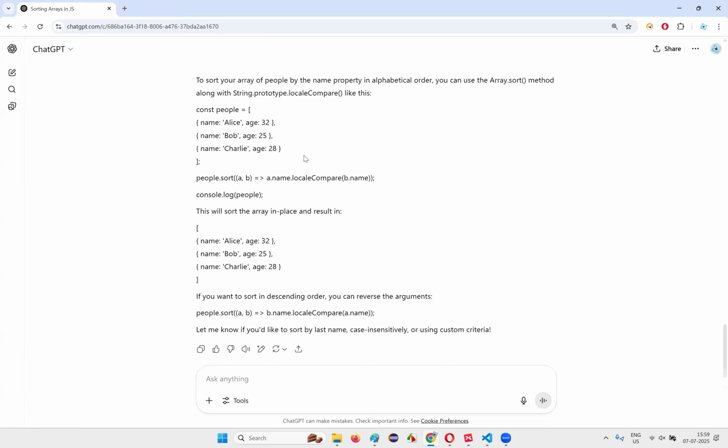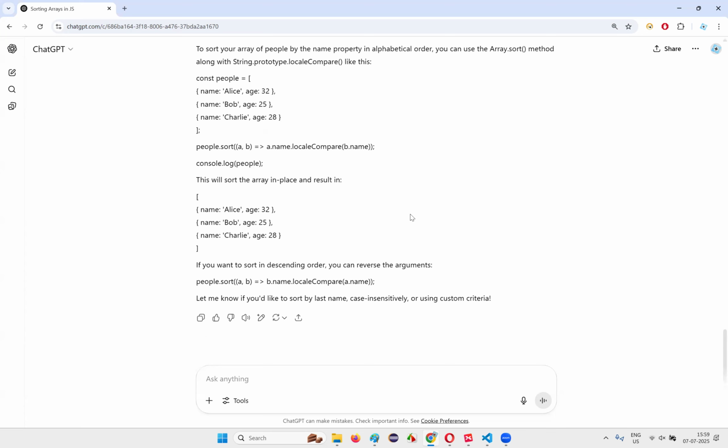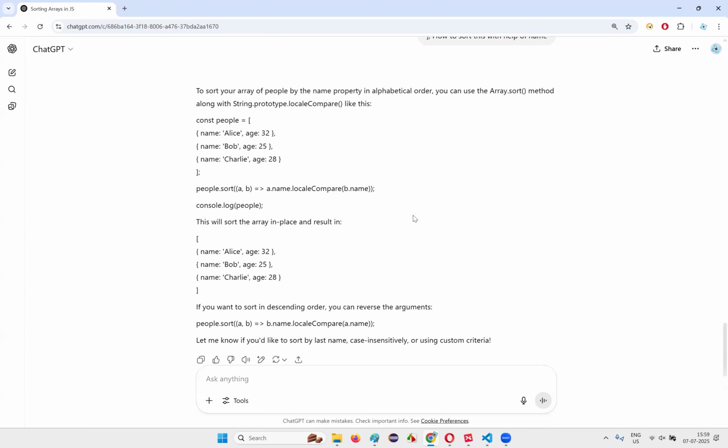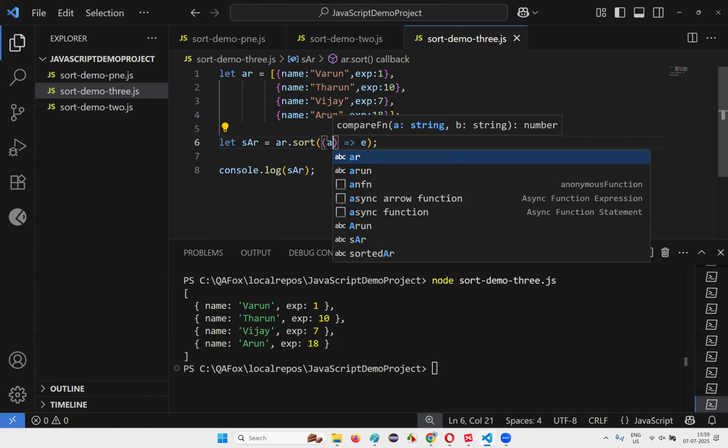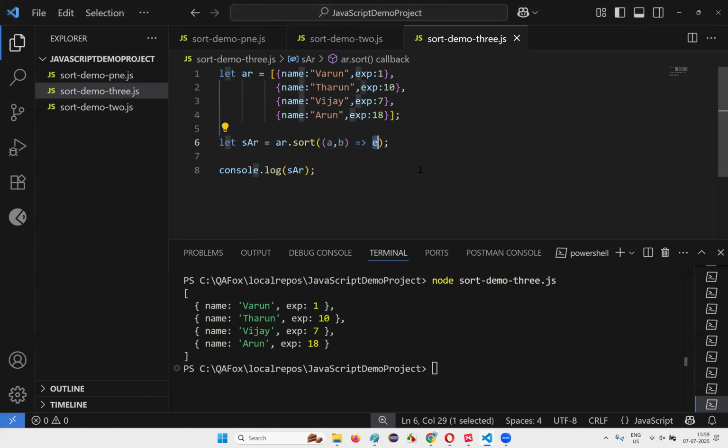Since it is an array, the objects are in object format. So we have to do like this, or is there any other way? I think that's the thing. a dot name dot local compare b dot name. I have to compare these two things. So here I will give a comma b. Then I'll give something like